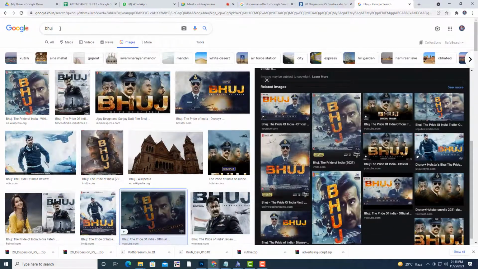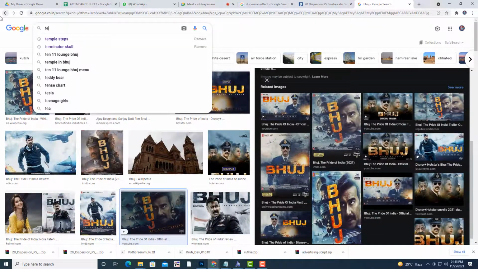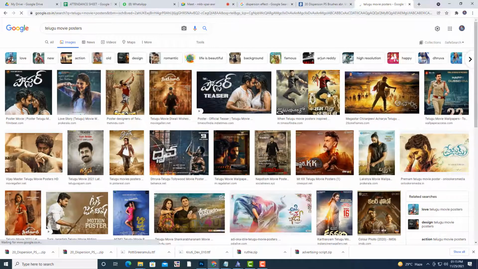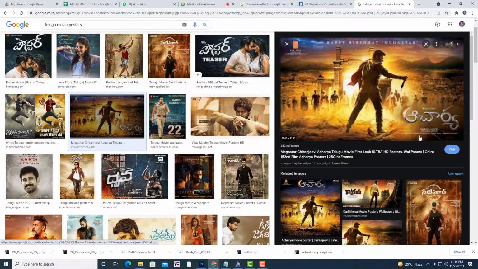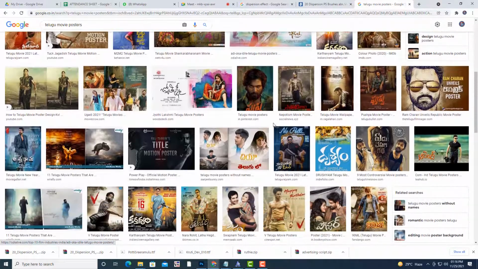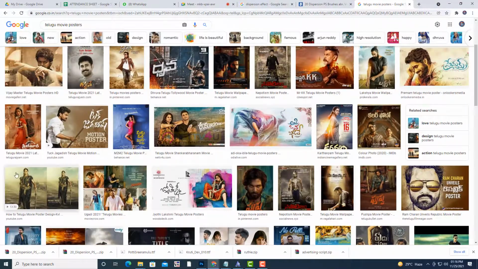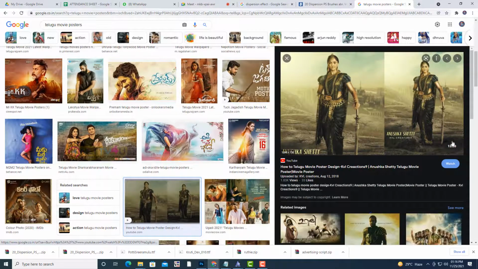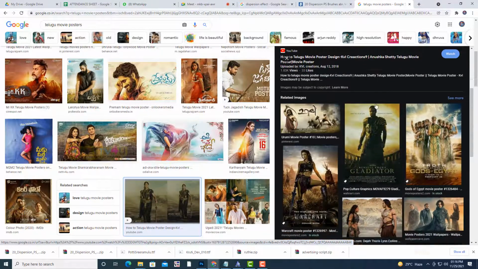So I will also show you one. We'll say Telugu movie posters. So I will show you the coloring here. You can see this coloring. This is not a natural color, it is cinematic color.